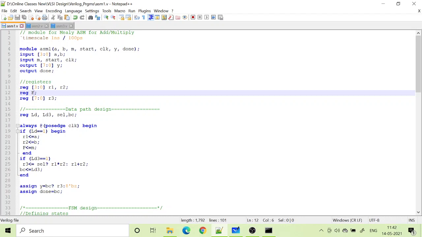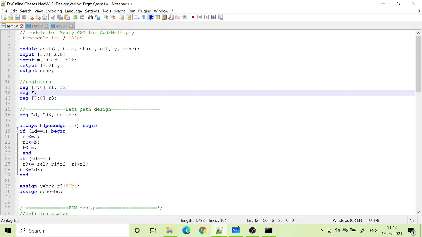Okay, other than that I need multiplier and adder, but I am using procedural programming, so therefore I will just incorporate the multiplexer and the multiplier and adder all in just one line here. So line 24 and 25, if you look at, it says if LD3 in control signal is high, then you load into R3.